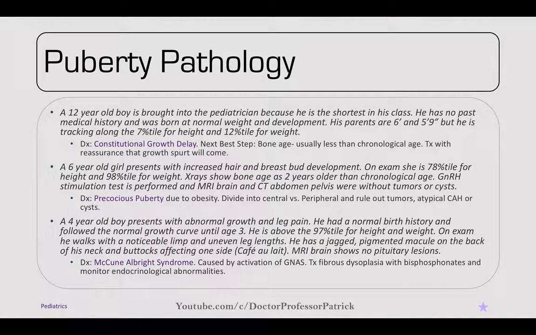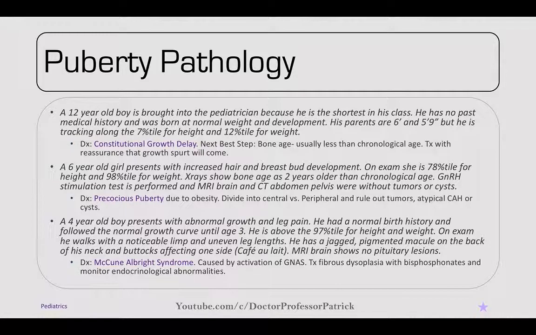Some more pathology. We've got a case of a 12-year-old boy brought to the pediatrician because he's the shortest in his class. He has no past medical history, and he was born at normal weight and development. His parents are 6 foot and 5'9", but he's tracking along the 7th percentile for height and 12th for weight. So this would be constitutional growth delay. The next best step is a bone age. It's usually less than the chronological age, and you can treat this with reassurance and the fact that a growth